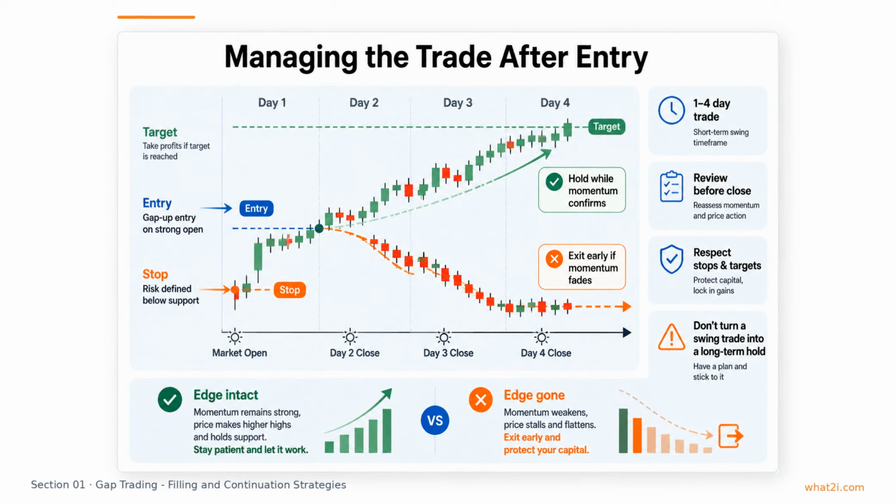After entry, gap trades usually become short-term management problems rather than prediction problems. These setups often last only 1 to 4 days, so the trade should be reviewed frequently, especially before the close of the first session. If momentum is still strong and the original thesis remains intact, holding can make sense. If the stock stalls, loses volume, or starts moving against the expected pattern, an early exit may be the better